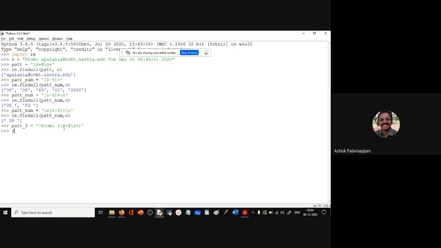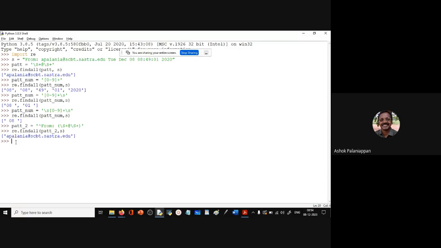So now we say re.findall of pat underscore true, and we search in the string, and let's see what happens here. You see the parenthesis is what is returned. Findall will give us the pattern that is matched within the parenthesis. So I can be very specific in what I'm searching for, enforcing that the pattern searches only in the from address, and then from that particular match, I can extract the pattern of interest alone by putting a parenthesis. So this is how the findall function works.